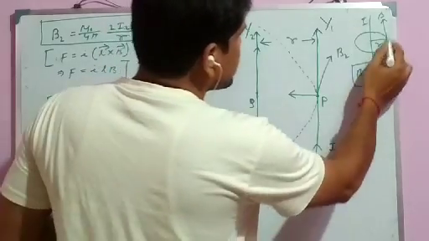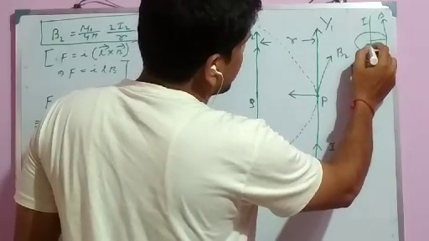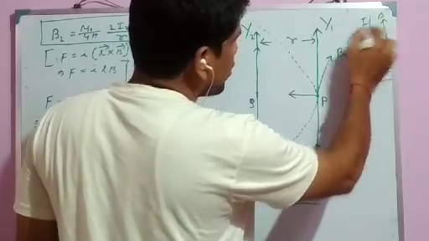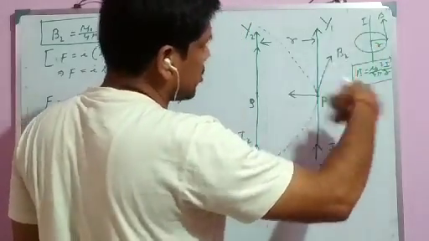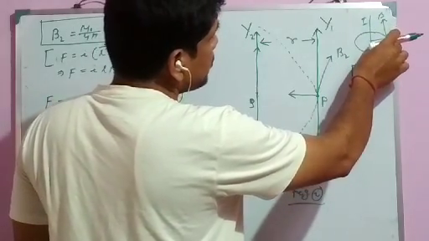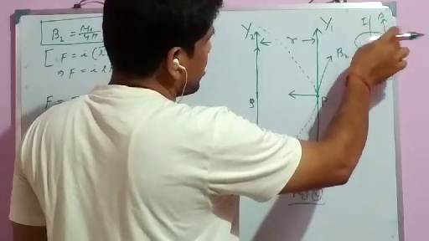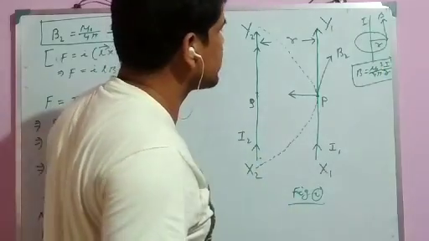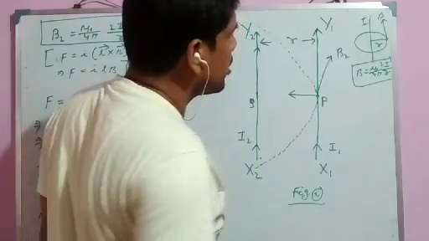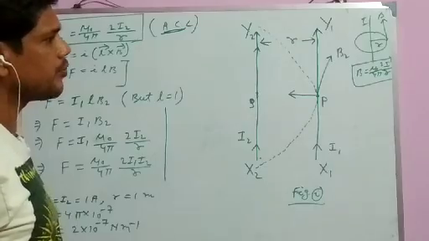Now you can see this figure also. When a conductor is carrying current I, and we want to find the magnetic field at a point, then we have to draw a circle such that the distance from that observation point to the wire is taken as the radius of that circle. Okay, and the formula is B equals mu naught by 4 pi, 2 I by r. Here mu naught, you know, is called the permeability of free space.